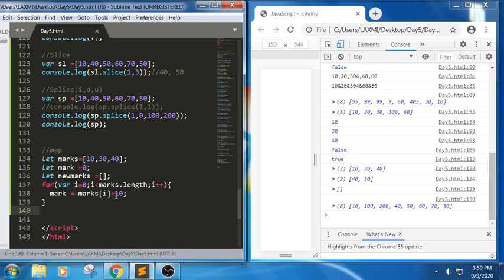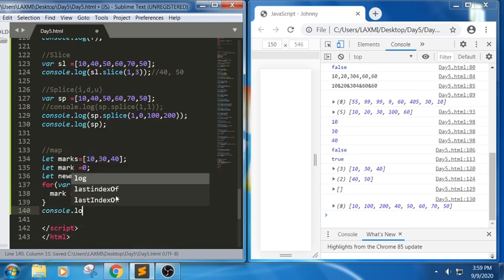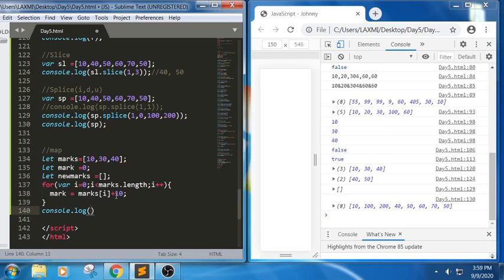Now I'm trying to display this. What would be the new one? I should be able to display the new marks array. Whenever we are adding to each and every array element, I should be able to insert it also, right? So yes, we can also use the push method here.